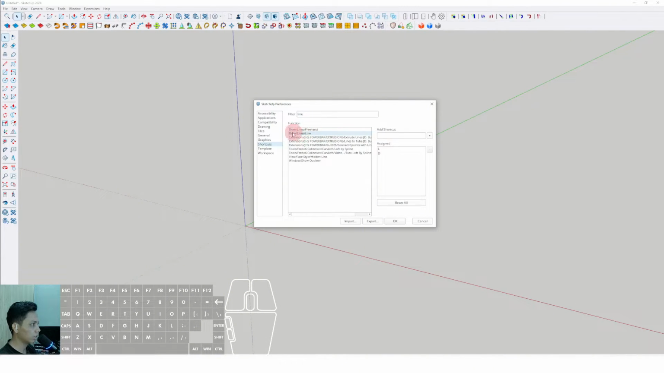Here I have already assigned the line shortcut with the letters L and D. But you have to add the shortcut first here. You can assign L, then click plus, and it will be assigned in this column, and then you can click OK. And for example,